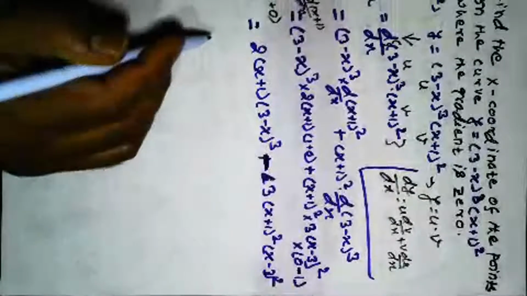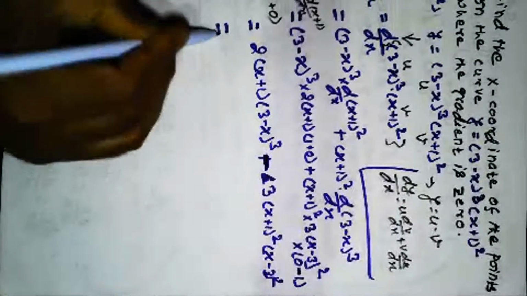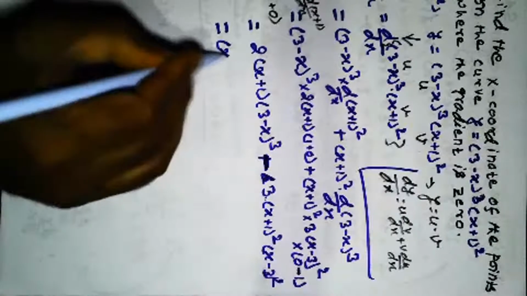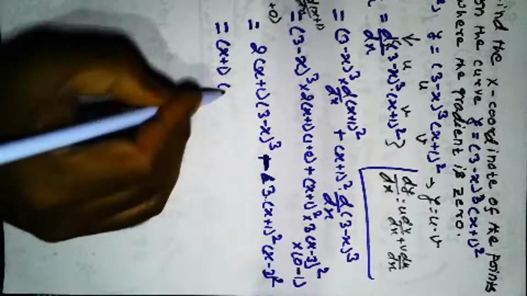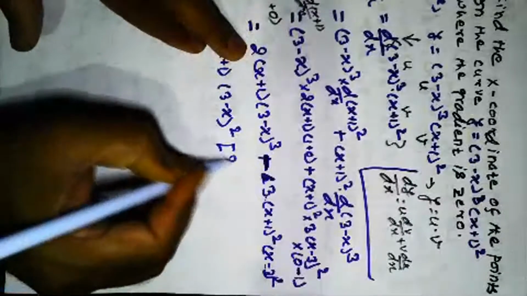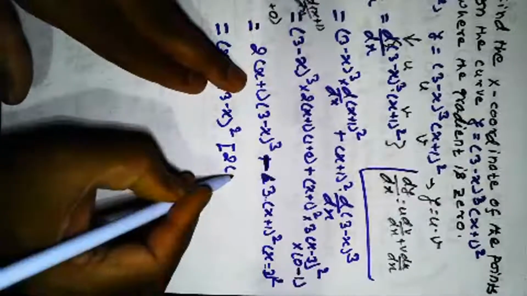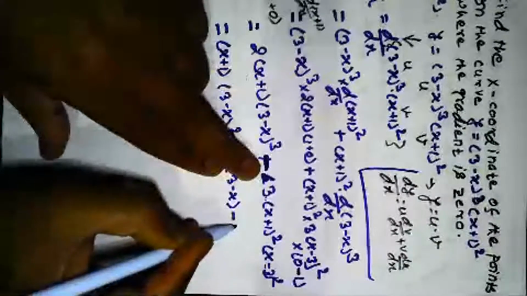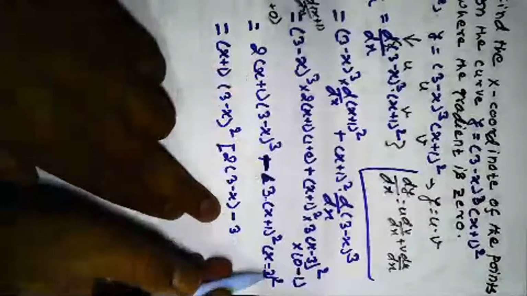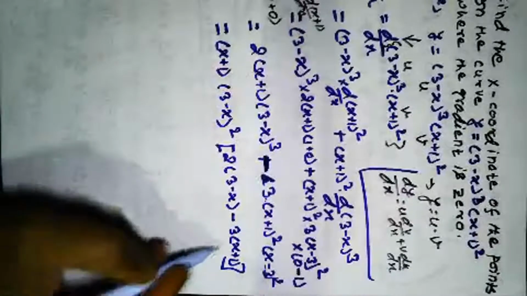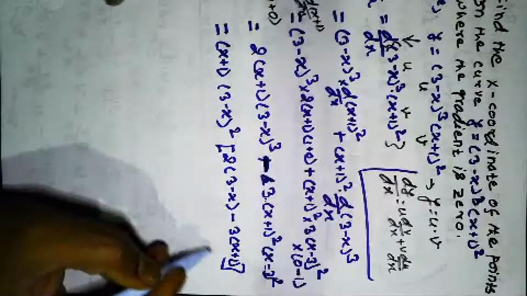Now let's see what we can take common out from here. From here we can take common, this is 3 and this is 2, so it will remain here. So we take common x plus 1, and then we take common 3 minus x squared. Then inside we are left with 2 times 3 minus x, and this is a minus sign, 3 times, it has gone common, so 3 times x plus 1. All right, and if you are asked to find the derivative, you can put the answer over here,